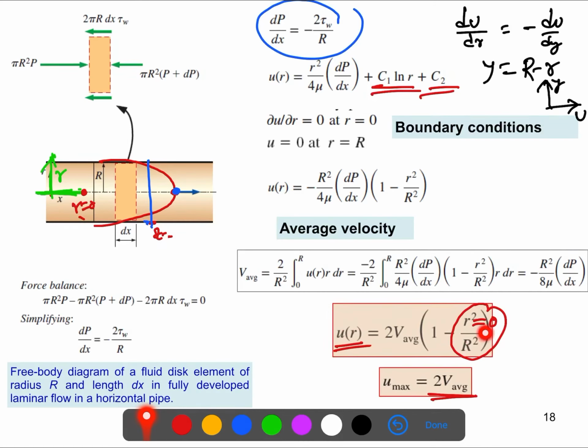That's how we will calculate the maximum velocity, and this is the velocity profile we need to use for some problems. That's all you need for steady laminar flow, and all this calculation you don't need to know. I just wanted to make the video short, so I didn't expand it, because if I want to show you how to do this, it would be so lengthy with a lot of calculations. So forget about that. You just need these two equations, and we're going to use them when we solve